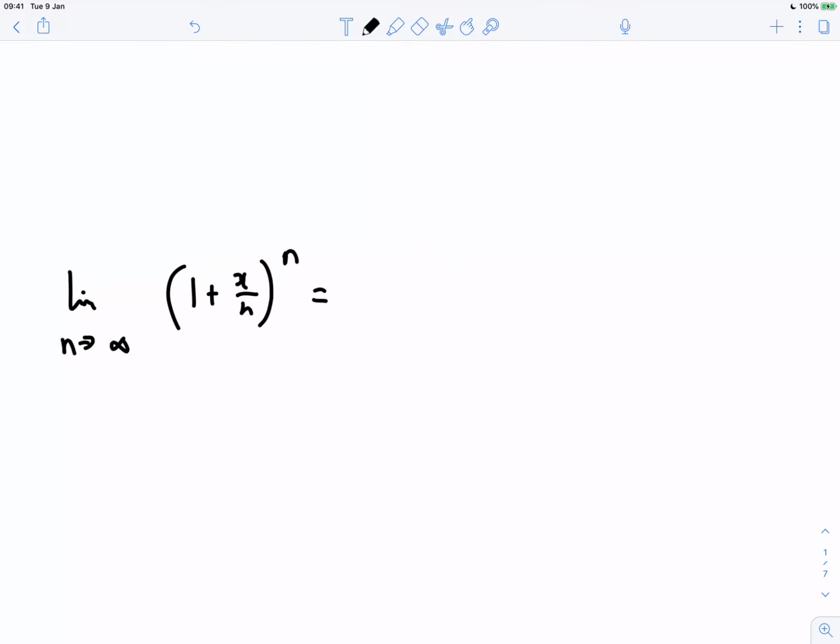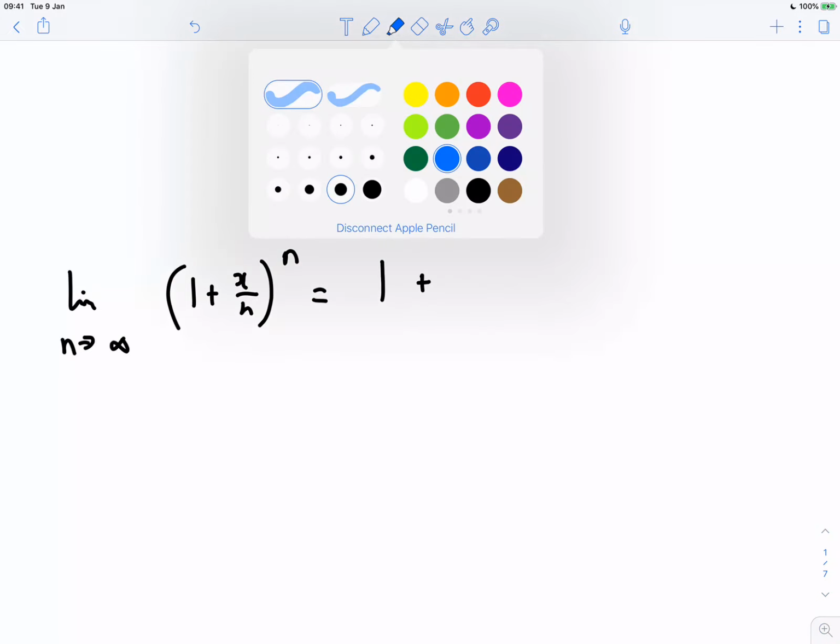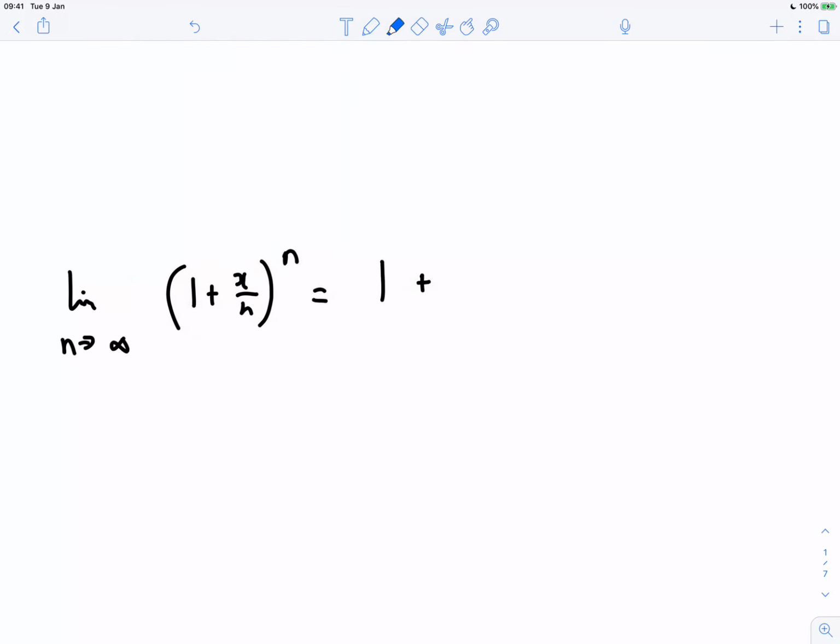So the first term is going to be 1 plus, n choose 1, which is n, times by this term, which is x over n. So the n's cancel, so we're left with 1 plus x, plus